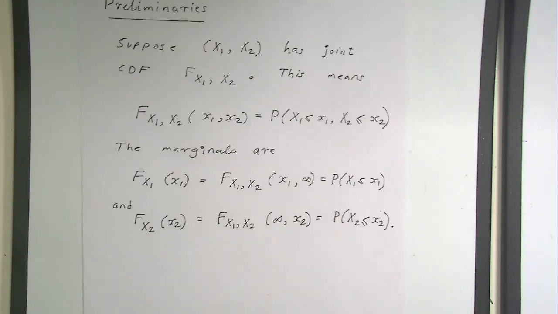These two are known as the marginal CDFs, or marginal distribution functions, right? And they are obtained from the joint CDF by putting either x1 or x2 equal to plus infinity, right? Okay. And there is also something known as